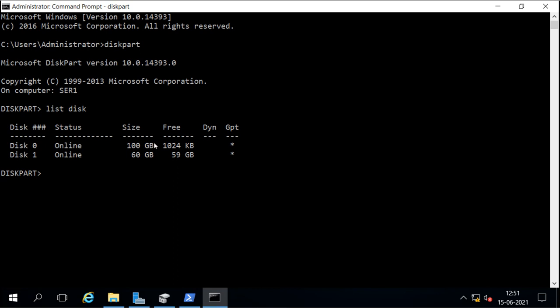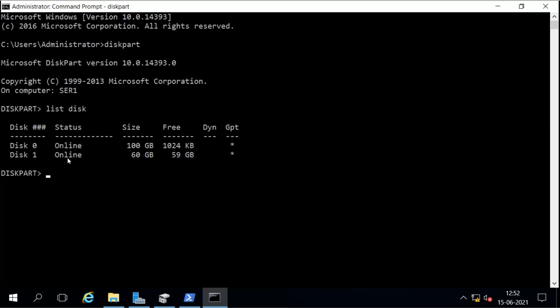Even in Windows 8, whether you have UEFI or install 64-bit, it will install the operating system on MBR. But right now this Server 2016 is installed on GPT because it fulfills the requirements: a 64-bit operating system and UEFI firmware.